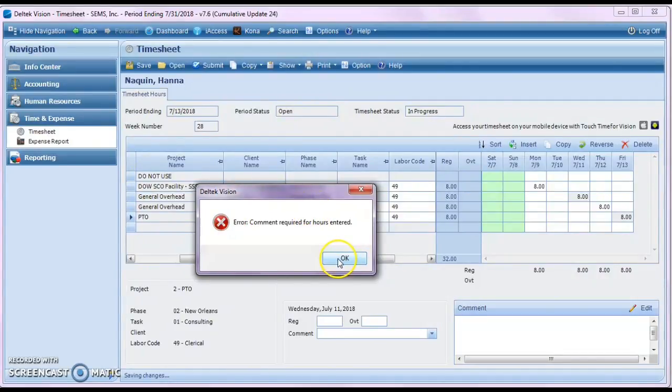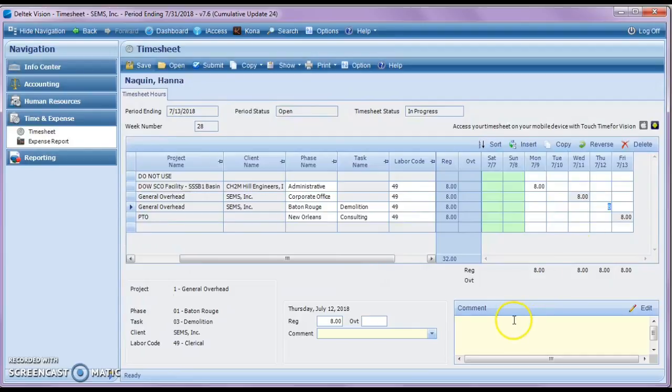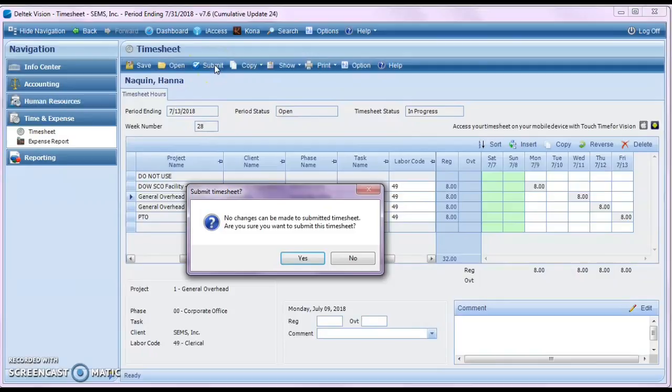Okay, now I have an error because I did not complete all of the comments that are required. You have to have a comment for every hour that you have. So let's just say this is a demolition meeting. And then this is just pond closure activities, being that it's for Dow. Now, I can save,